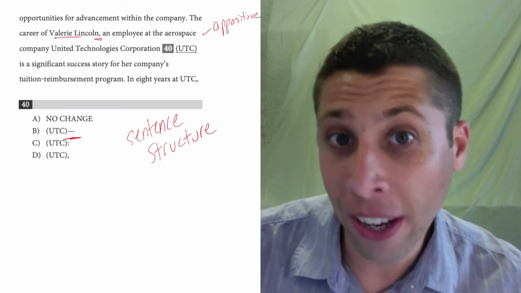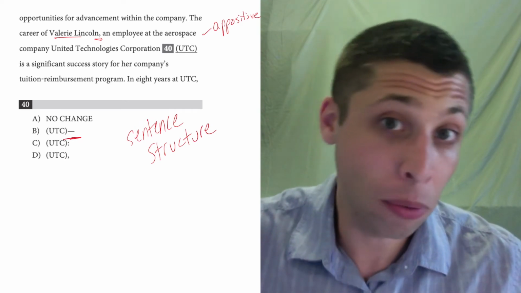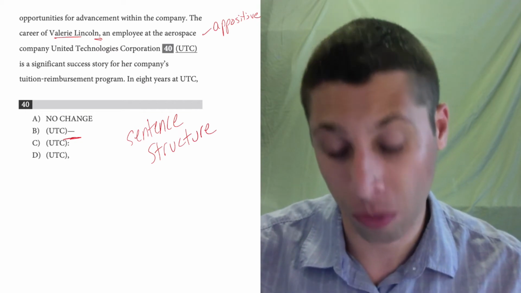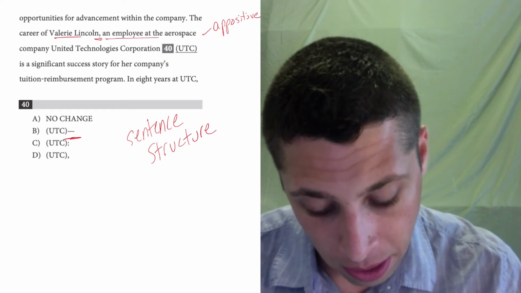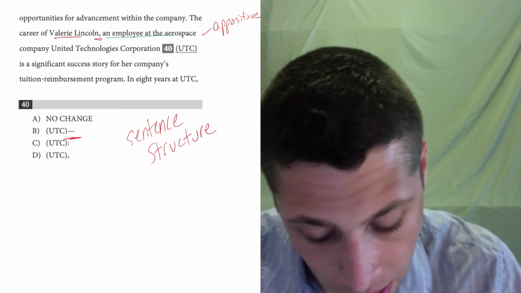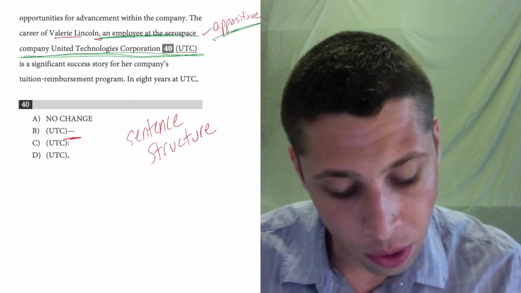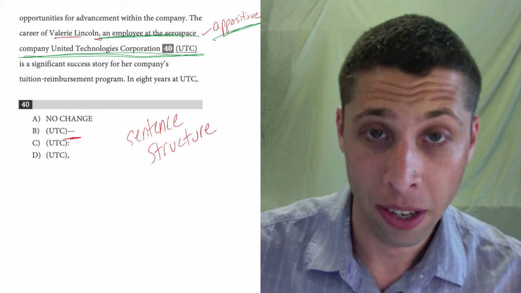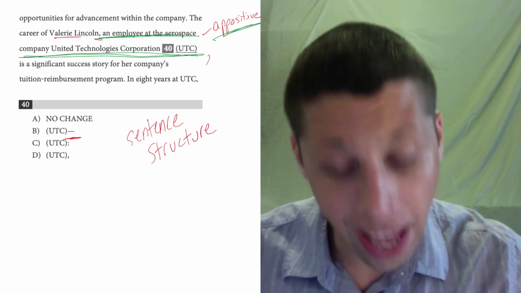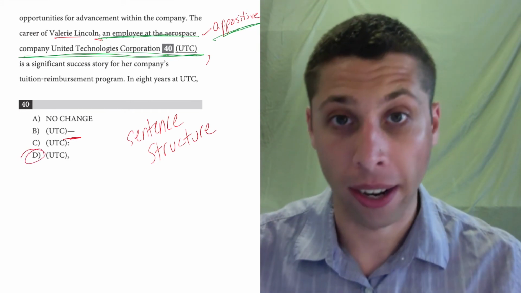Sometimes we can use dashes to do that exact same thing. But the key is whatever we choose, we need to be symmetrical about it. So there's no other dash in this question. We started the appositive, and let me underline the appositive. Actually, let's do it in a different color so it's clear. The appositive here is in green, right? So this is the extra piece. And so I started it with a comma. I better end it with a comma for the sake of symmetry. So that's what makes choice D correct.